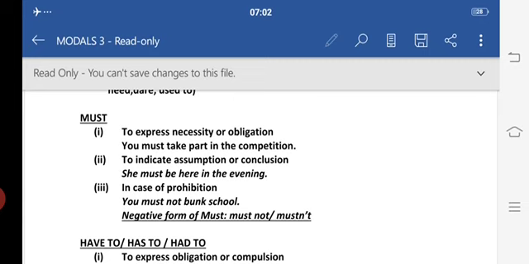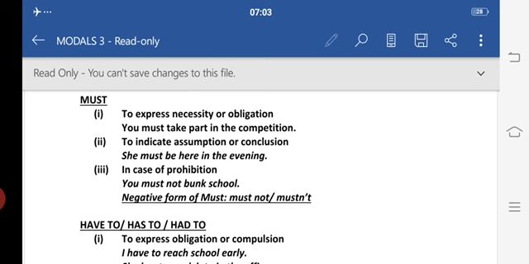Then if we want to show that something is true or certainly going to happen, based on evidence, you have some evidence, you have some proof, and you want to show that something is true. For example, we can say, look at the snow, it must be really cold outside, right? The ground is wet this morning, it must have rained last night. Now it means I have some proof, I have some evidence for which I am saying that something is true.